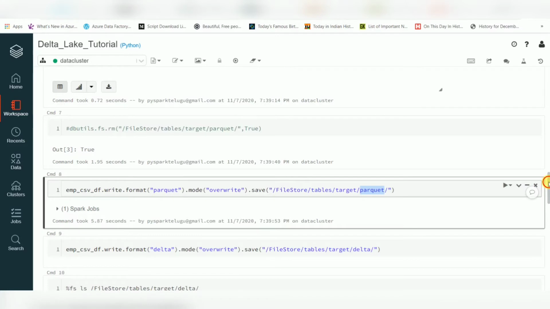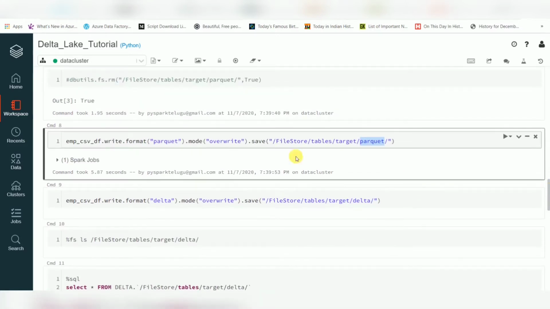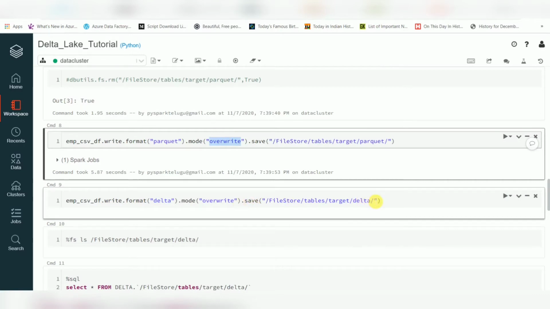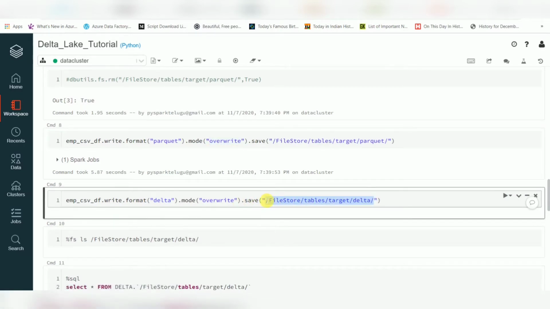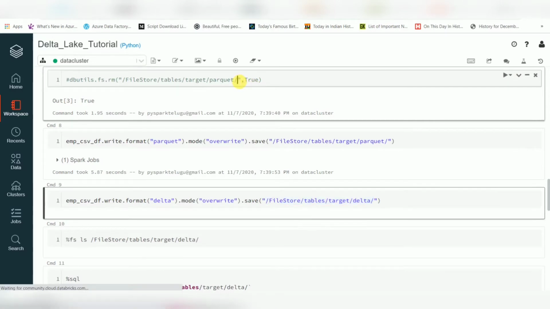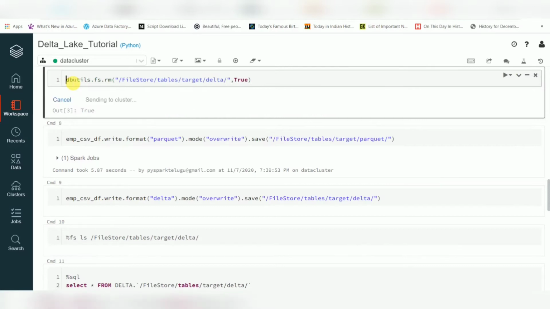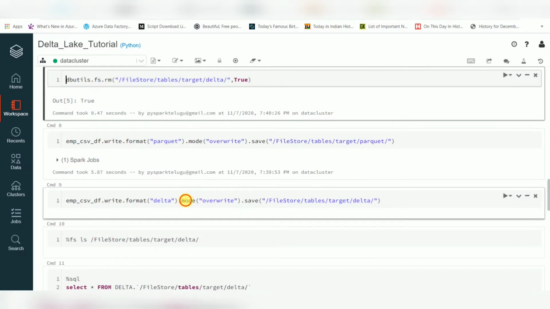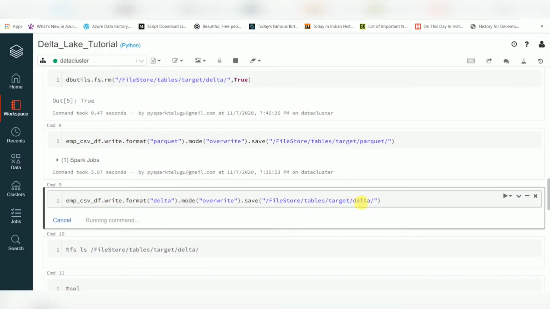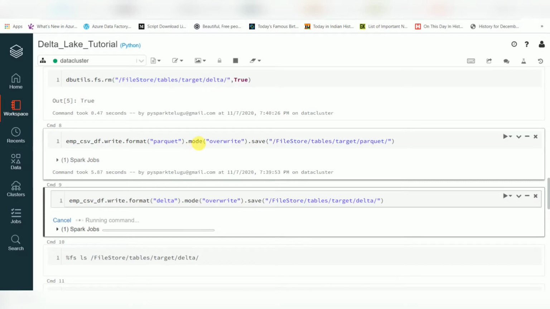In this location the data will be available. Then in the same way I am going to create a Delta table, in the same location with the same data. So one is a Parquet file and another one is Delta.